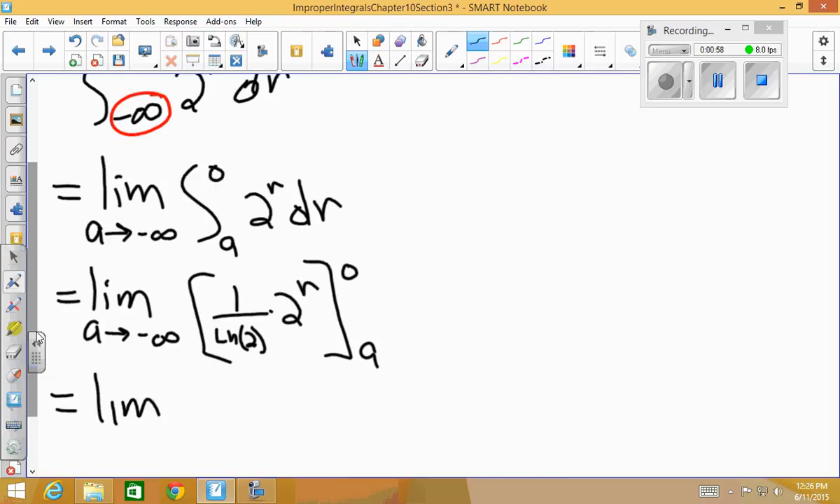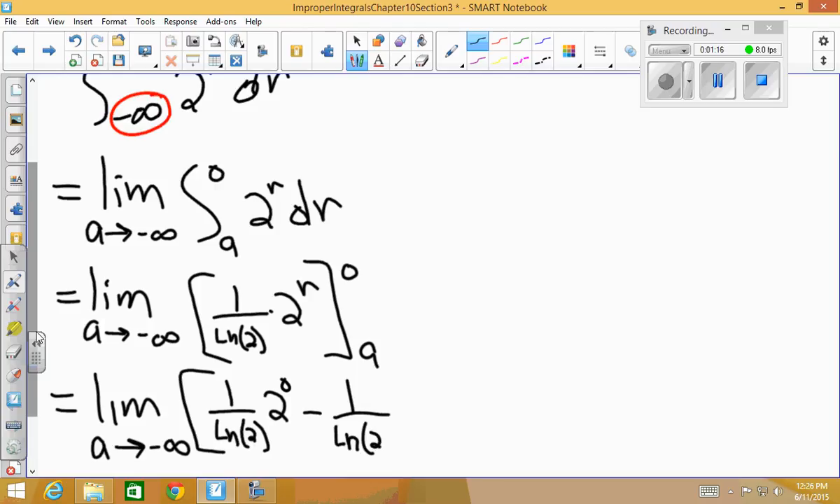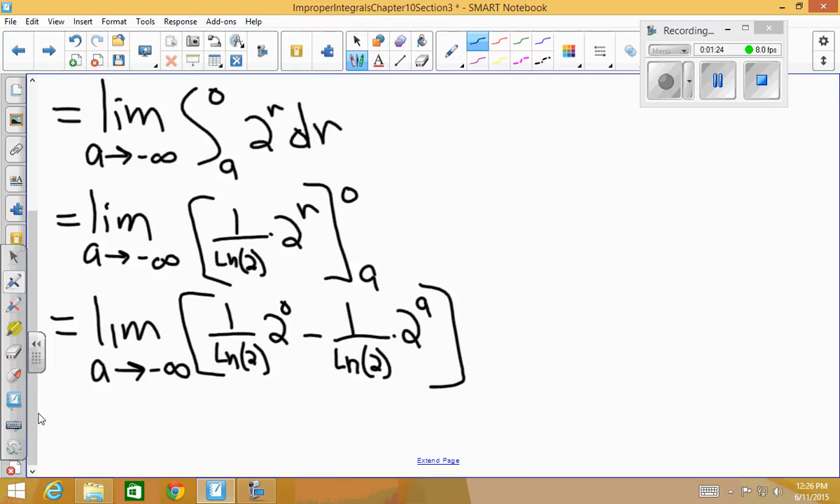So first off, we substitute in the 0, the upper limit of integration: 1 over the natural log of 2 times 2 to the 0, minus 1 over the natural log of 2 times 2 to the a. We put in the lower limit of integration, and now we evaluate this limit. 2 to the 0 is equal to 1, so in fact 1 over the natural log of 2, that's a constant, so when you take the limit, it simply goes to that constant, minus,